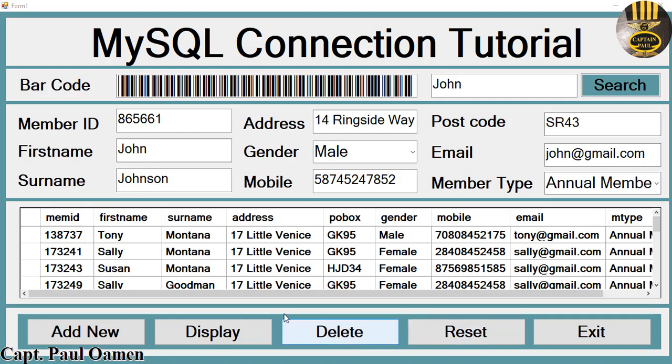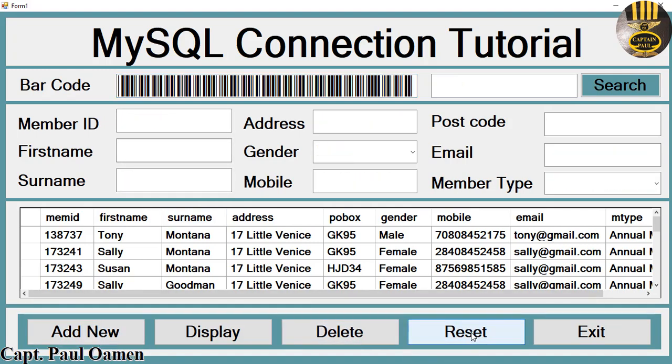So just to let you guys know what's happening here, we have barcodes, of which I'm going to show you how to put something like that together. And we have a search button here. Then we have the various buttons that will add more data if you want. You can click on reset, and let's assume we want to add new